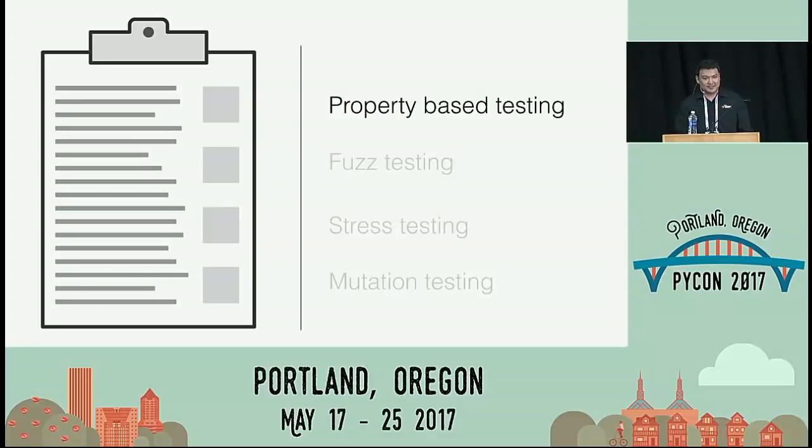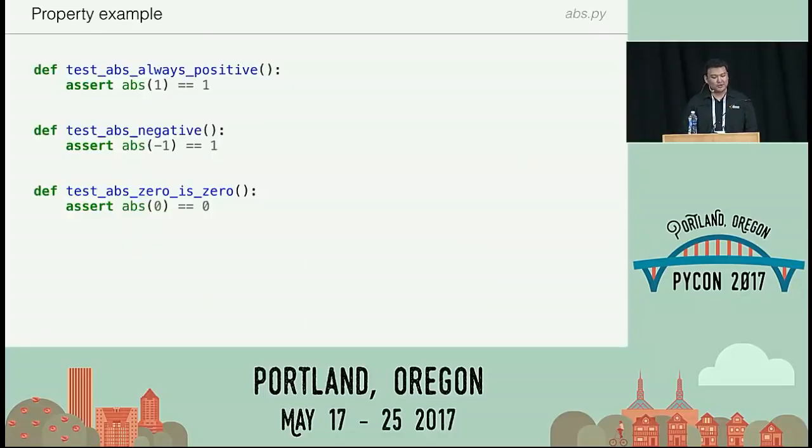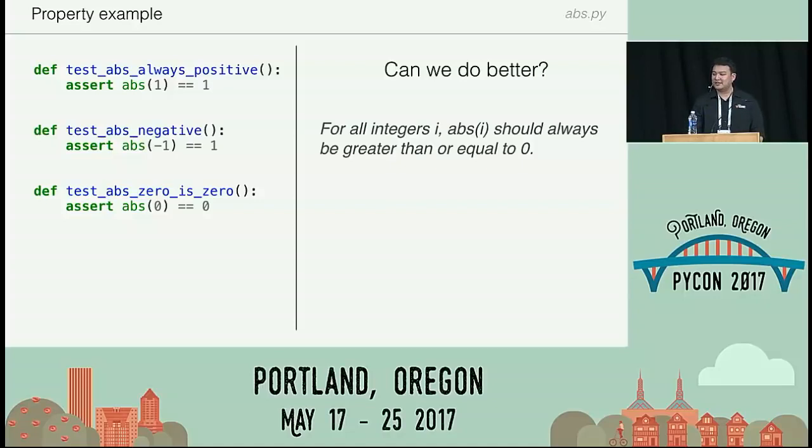So with property-based testing, the idea is pretty straightforward. You know, here's a traditional test with something like absolute value, and normally what we do with unit tests, we would write specific cases. So we test positive numbers, we test negative numbers, we test 0, but property-based testing is all about giving general statements about whatever your function does. So instead of a specific instance, like the integer 3, you might make a statement that says, for any integer,